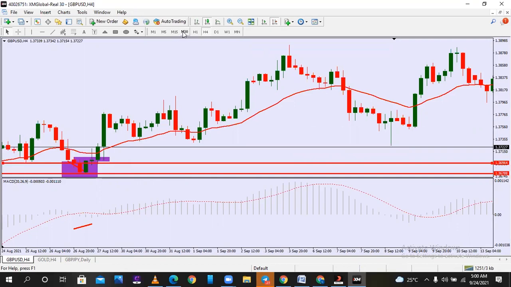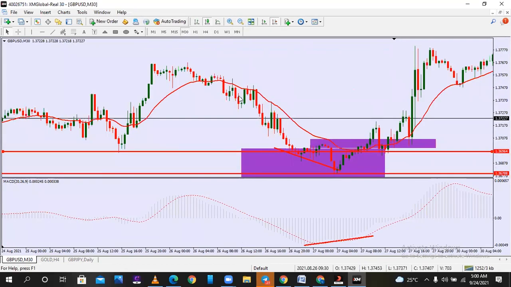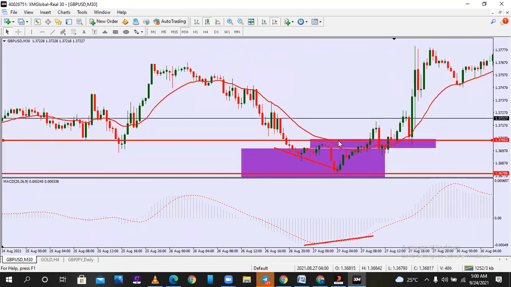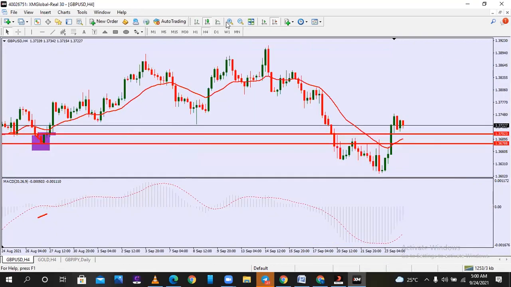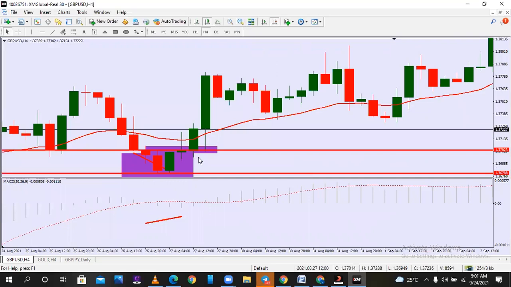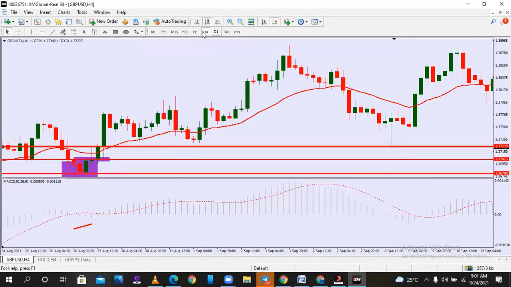Okay, let's go back again. This is our divergence area. And this is at the close of 4 hours. We have the bar. This was the bar that closed at the close of 4 hours. This particular bar here is our breakout bar. Now we go to